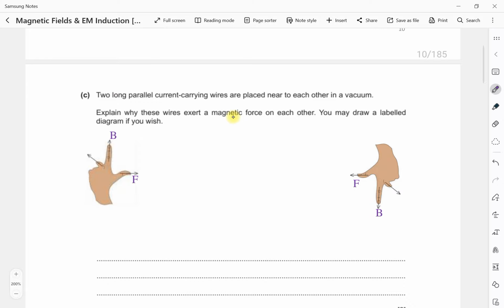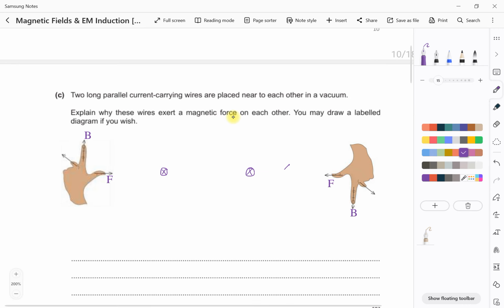I just added these hands to show you for illustration. So I'll put here one wire with the current into the plane of my paper. I'll put another wire here with the current into the plane of the paper. So one wire I'll use a different color. Let me use red. So the magnetic field around the wire, of course, we use the right-hand grip rule to tell the direction